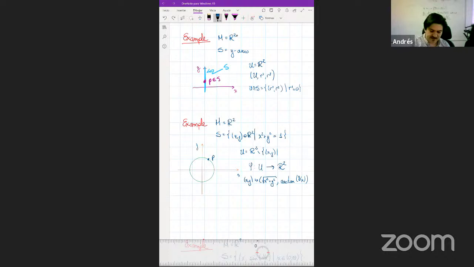The problem is in X, not in Y. So I'm making my U only this open set, right? Just to make sense of this. And you see that under this map, all of you